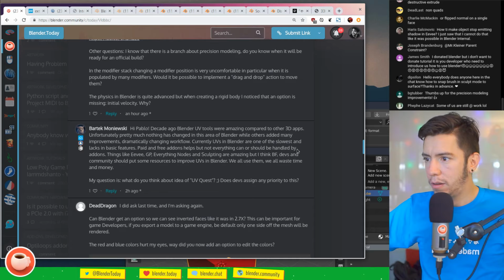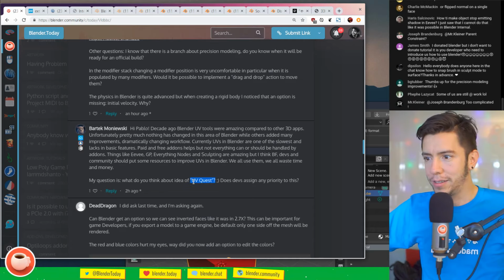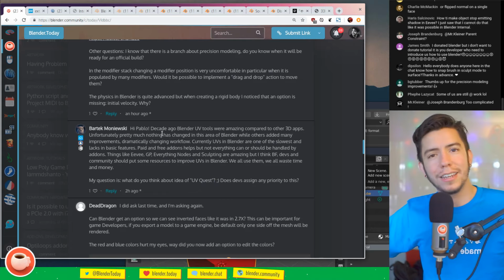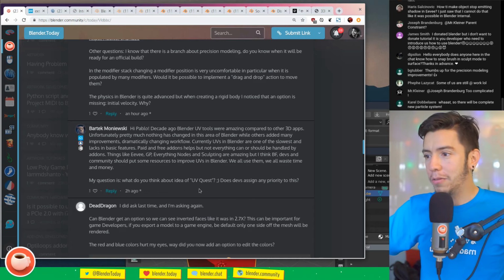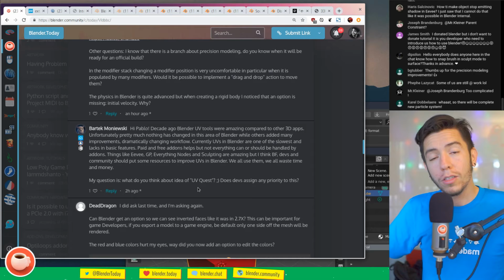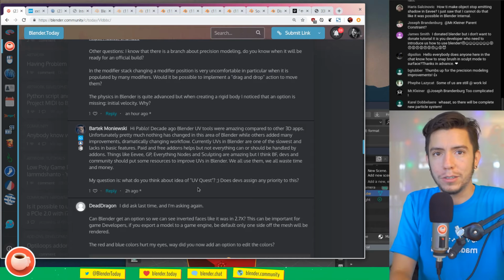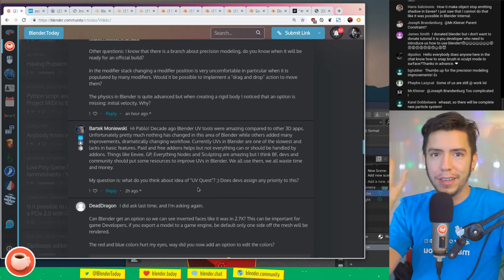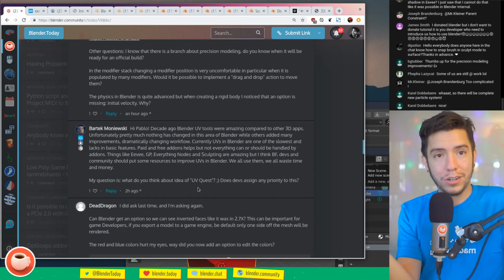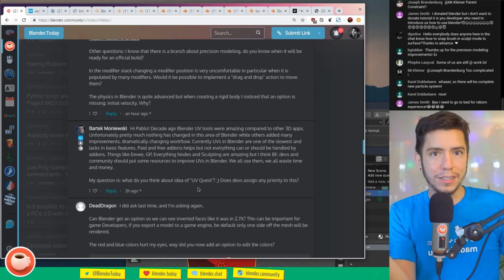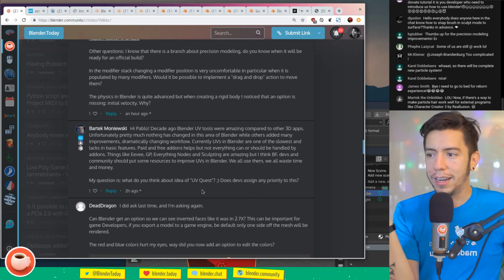So long story short, what do you think about the UV quest? I love the idea of a UV quest, but I would think that after 10 years we should just get rid of UVs, but no, they're here to stay. So hopefully with UDIM will bring some love back to the UV editor, UV mapping kind of world, and the feature that we got added by Jesse, that was also a nice addition,